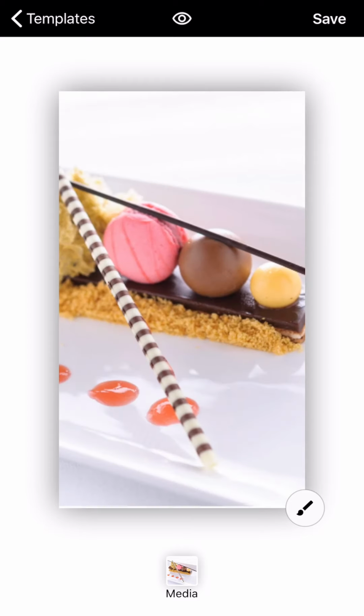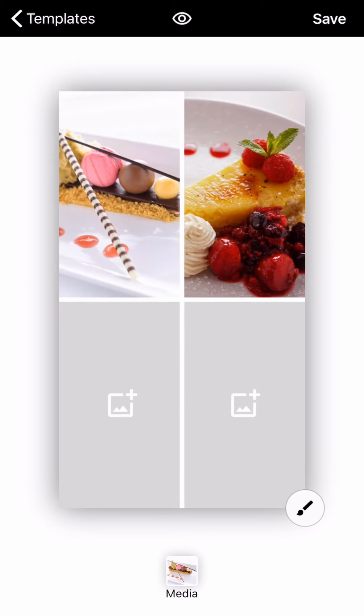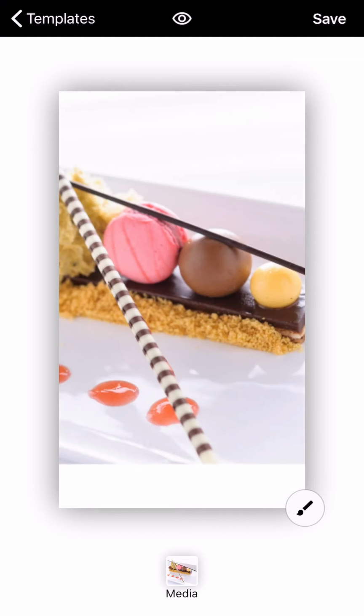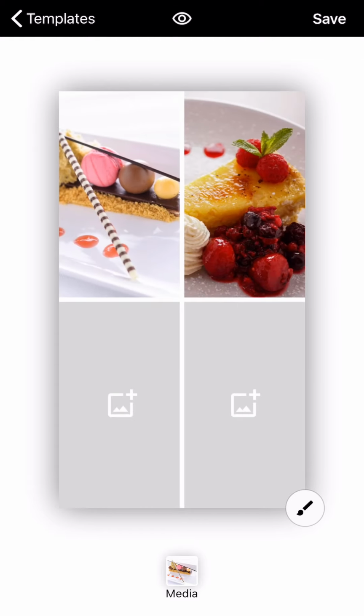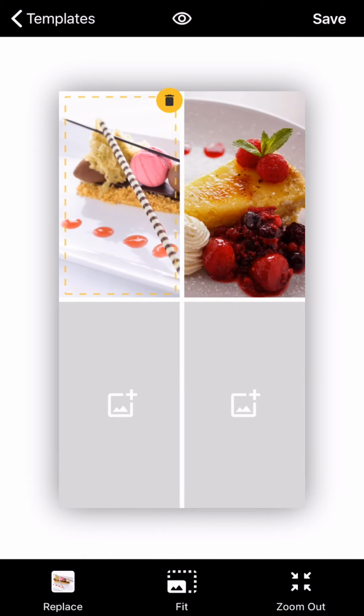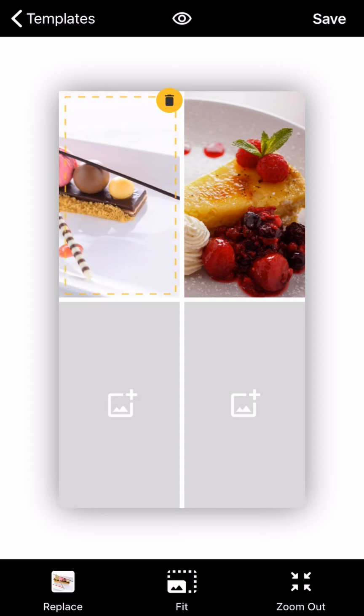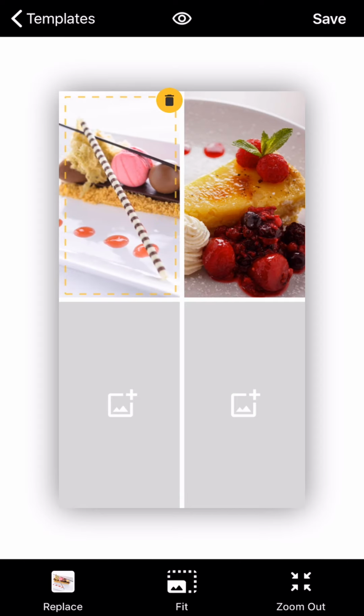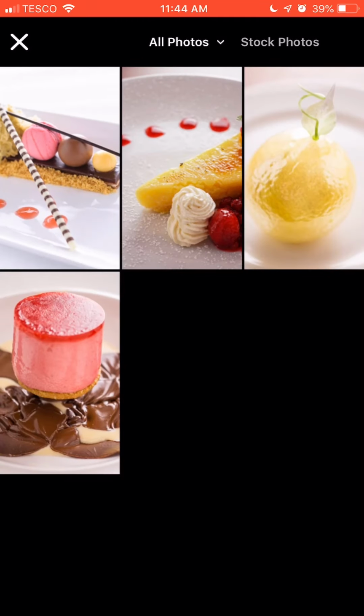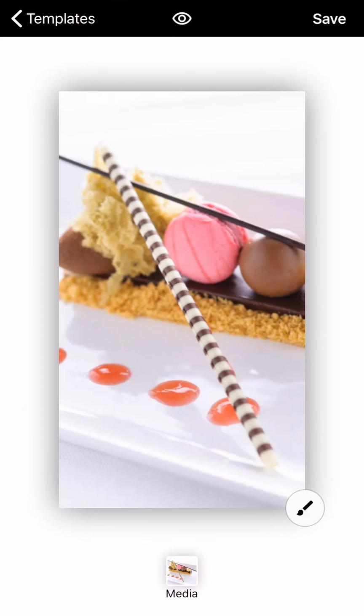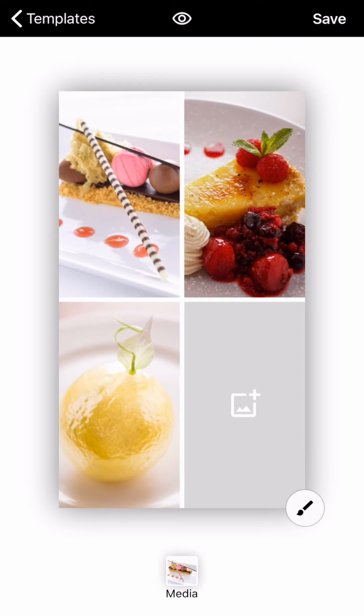I don't know whether we want to show off the back end of this pudding, probably. Yep, it looks the prettiest. And with this one, and yeah, probably around about there, have that stripy little candy stick coming across the frame. Bottom left, we'll go for the sugared lemon,